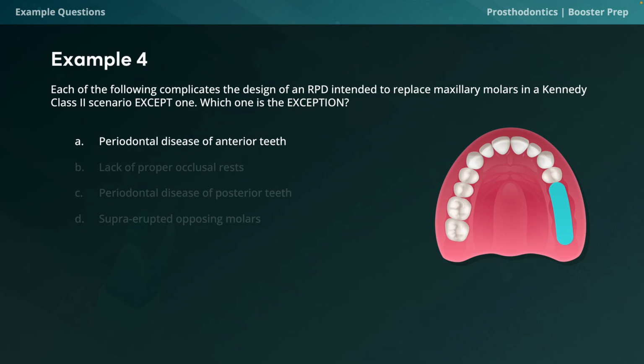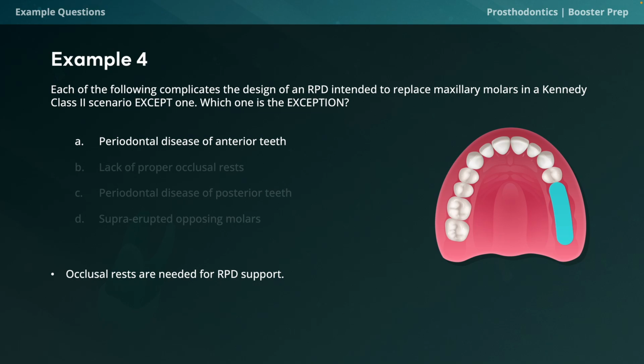RPDs are always cross-arch stabilized, and so you'll certainly need RPD components that will extend all the way to the other side of the arch. That means rests, minor connectors, and major connectors as well. Alright, with that said, let's go through our option choices. Proper occlusal rests are certainly needed for an RPD to be successful, so their absence would absolutely complicate an RPD,